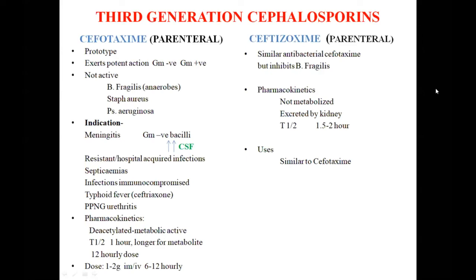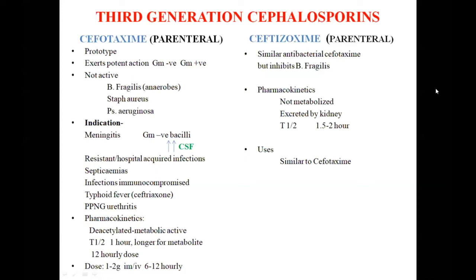Now coming to the third generation cephalosporins. As you know, they are an important group which were introduced in 1980. They are very effective against the gram-negative Enterobacteriaceae, and some of them are very effective against Pseudomonas. They are also highly resistant to the beta-lactamases. So many resistant organisms will be taken care of by the third generation cephalosporins, and therefore there is wide use of this class of drugs, and these are an important class of drugs.